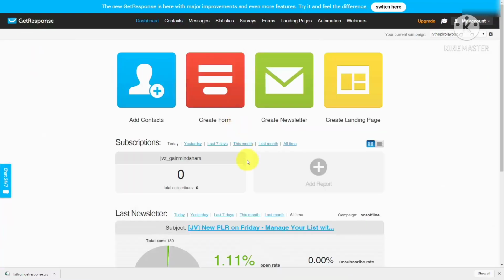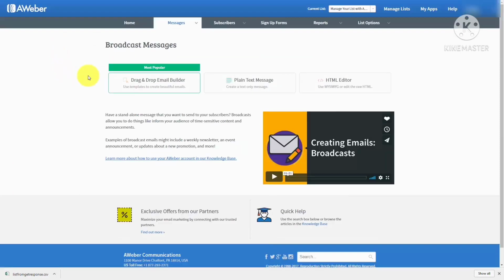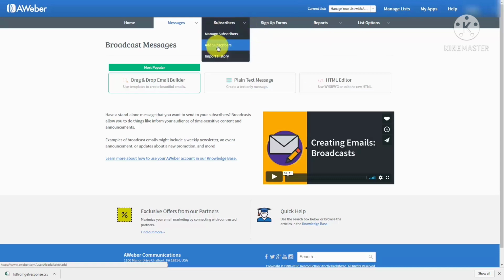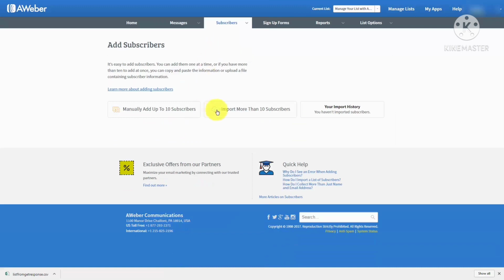Now that your list has been moved, you can now go back to the Aweber dashboard. What we're going to do is we're going to import that list in the CSV file into the list that we have just created inside of Aweber. We can do that by going to the subscriber area, and then we're going to go and click add subscribers. We're going to take a look at this button that says import more than 10 subscribers. We're then going to click this button and then grab the file that we